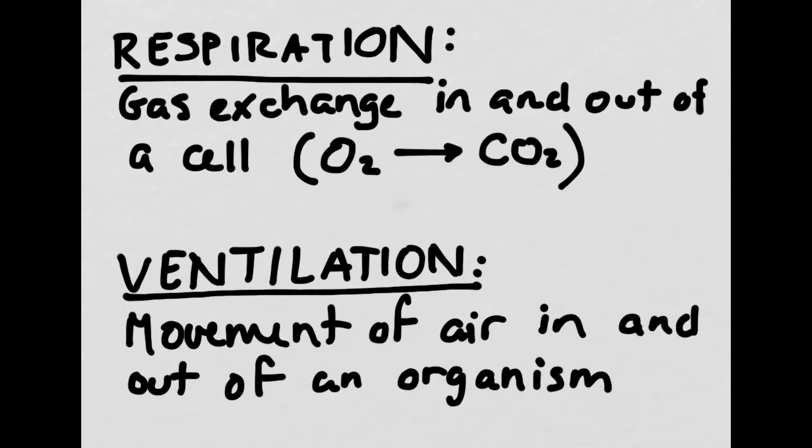Respiration is the physical gas exchange in and out of a cell, where oxygen ultimately becomes CO2 through cellular respiration. So almost all cells in your body are undergoing respiration right now. Ventilation is the movement of air in and out of an organism. So when you take a deep breath and pull air in and then exhale and expel the air, that's ventilation,